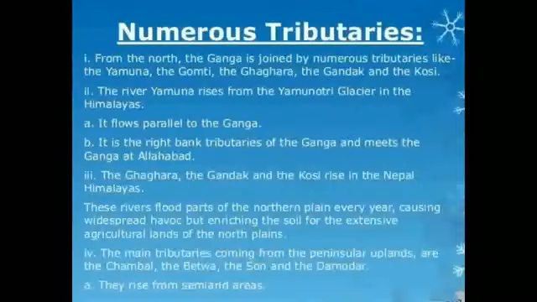Now, as far as this river is concerned, it is joined by numerous tributaries. The important ones are Yamuna, Gomti, Gagra, the Gandak, and Kosi. As far as the Yamuna is concerned, it is one of the important tributaries of river Ganga. It rises from Yamunotri Glacier, and it flows parallel to Ganga for a longer distance, but it meets the Ganga at Allahabad. And Gagra, the Gandak, and the Kosi are the tributaries of river Ganga which come from the